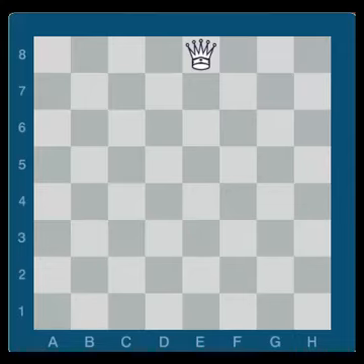Now, this concludes all of our chess pieces and how they move,